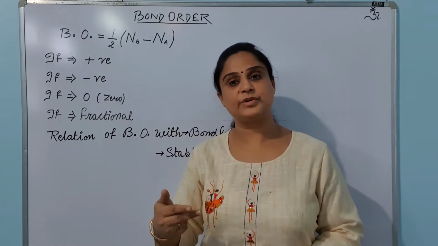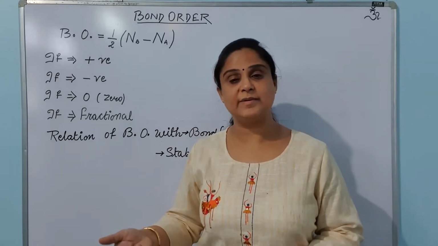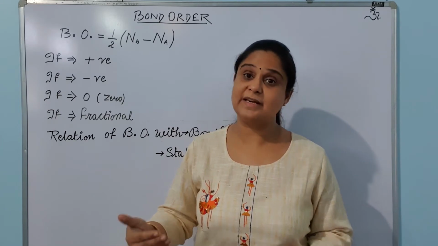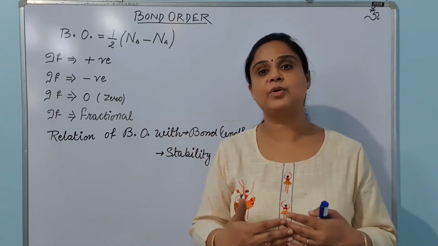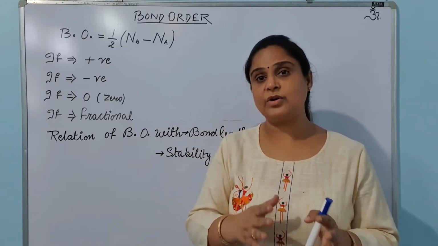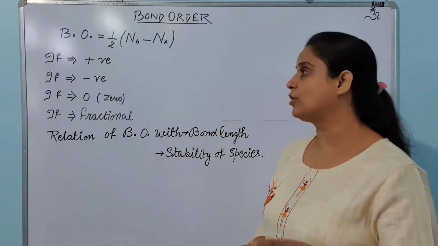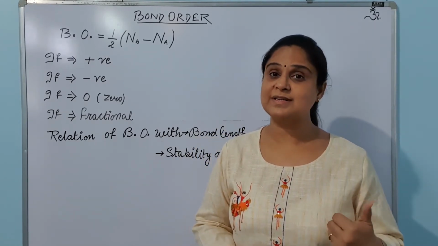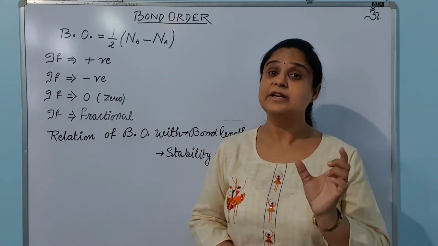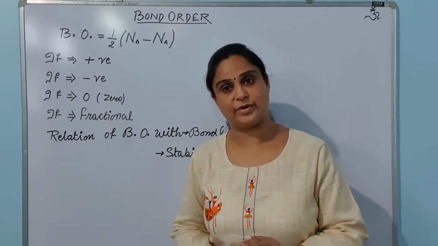If the bond order is 2, it means there are 2 bonds between the 2 atoms. If the bond order is 3, that means there are 3 bonds, but not more than 3 bonds are possible in any of the species. We know that the maximum covalent bonds made between two atoms is 3. So this bond order will always have a maximum value of 3. Fine. So for an example, we have already seen that the bond order of nitrogen was 3. It means there are 3 bonds between one nitrogen atom and another nitrogen atom. So the nitrogen atom is having 3 bonds indicated by its bond order.